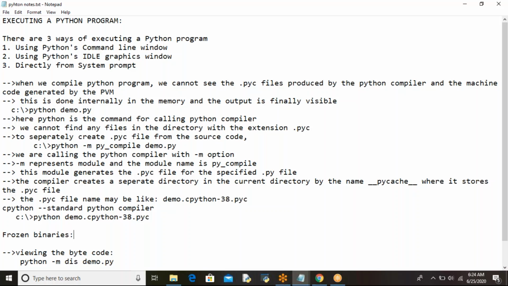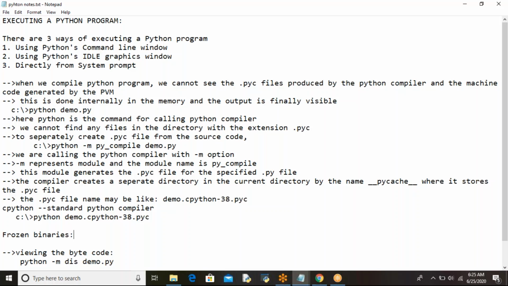In the second way, we combine all the .pyc files, related Python libraries, and the Python virtual machine together, and convert that into a single executable file with an .exe extension. We provide that executable file to the user, so the user can directly execute that file by double clicking on it.